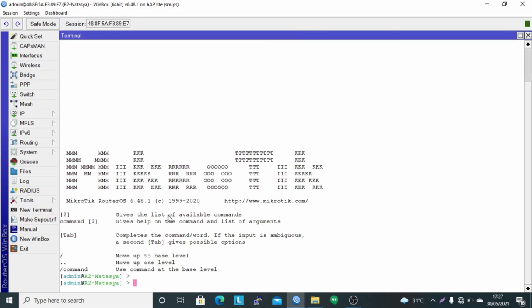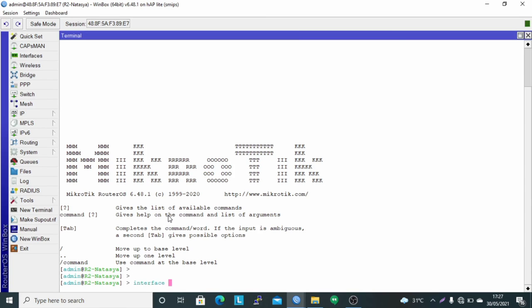Check the registration table on router 2, because router 2 uses station mode which acts as a client. In the registration table, type the command interface wireless registration table print.